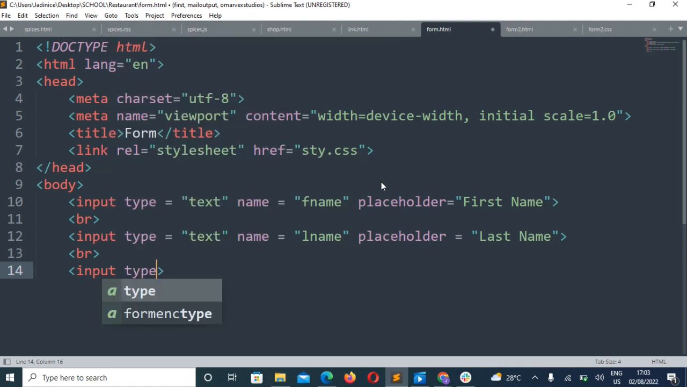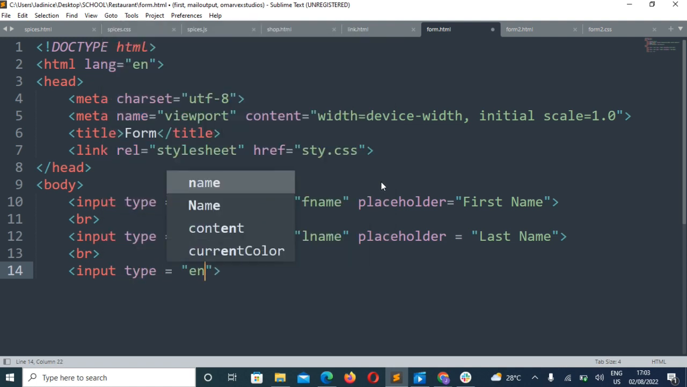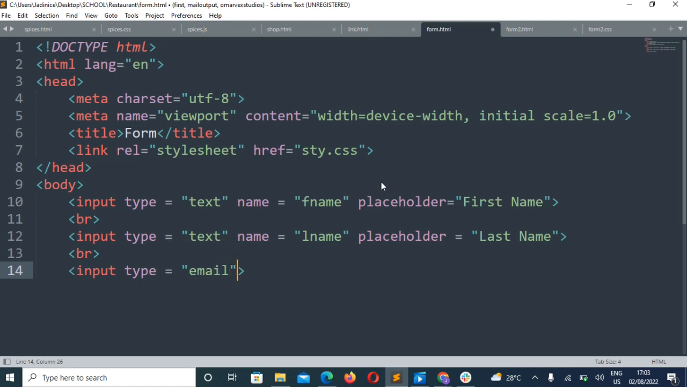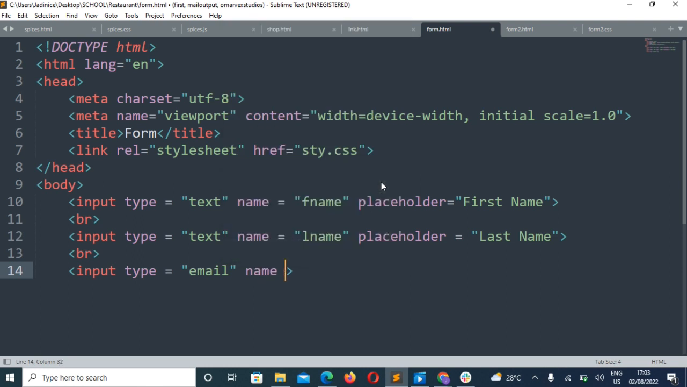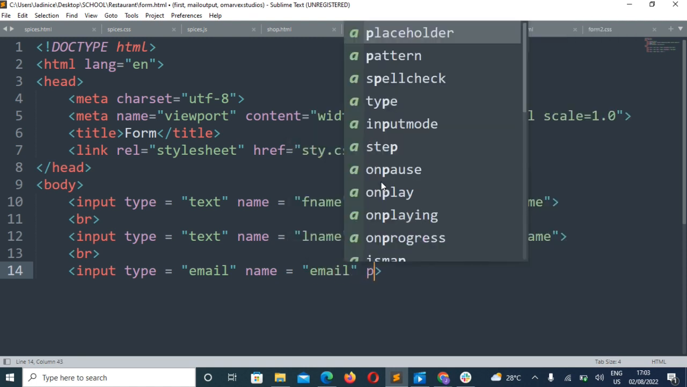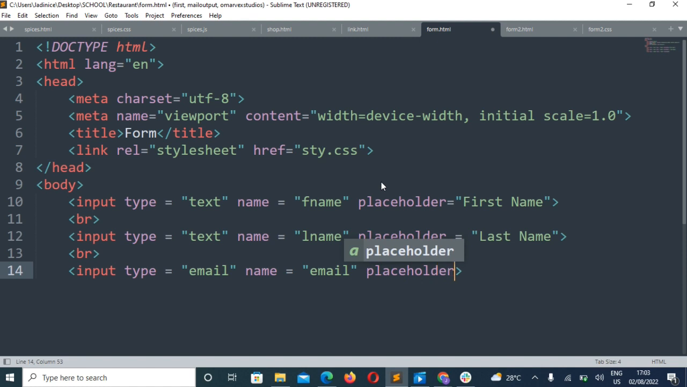After that, we'll want to ask the individual that we are making it for, the client, for the person's email for contact, about subscription, letters, and all the rest. Then the name would be email, obviously. Then placeholder, and the placeholder would be email address. There, then break,